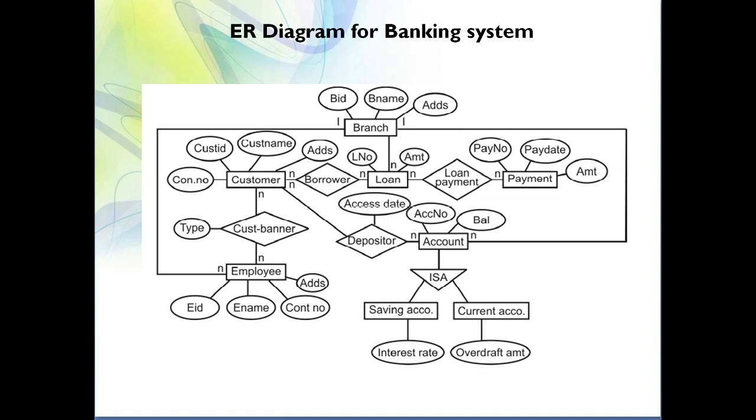Again, one more important thing over here: account. We have one more entity called account. It has two attributes, account number and balance. And while discussing symbols for the ER diagram, we saw one symbol called the is-a kind of symbol. So in this case, account is a saving account, account is a current account. For the saving account we have the attribute interest rate. For the saving account there is an interest rate, and for the current account there is no interest rate, but they have an overdraft amount.